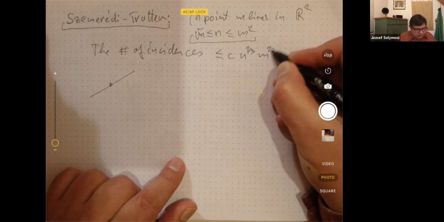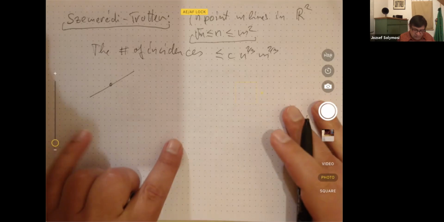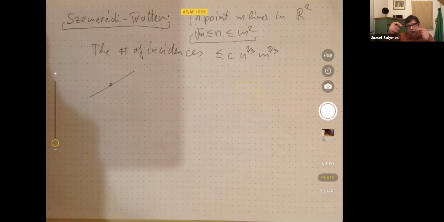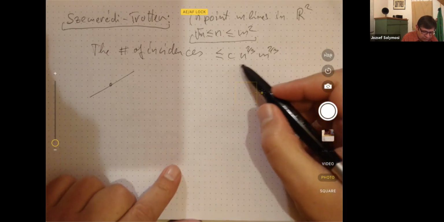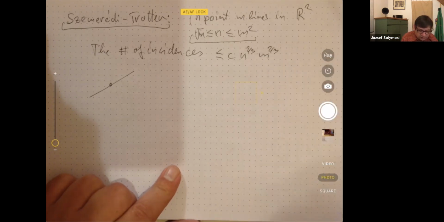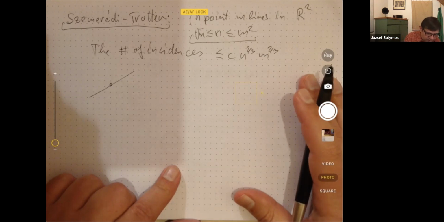Now, if you don't have a Euclidean plane, then you can't state such a theorem. It would be just the kind of obvious bound that through any 2 points, you have only one line going through, and for any 2 lines, you have one intersection point. So then this bound would be a much weaker bound. It would be square root of one times the other, or this times the square root of the other. That's much weaker. This is due to the structure of the Euclidean plane that you have a better bound.